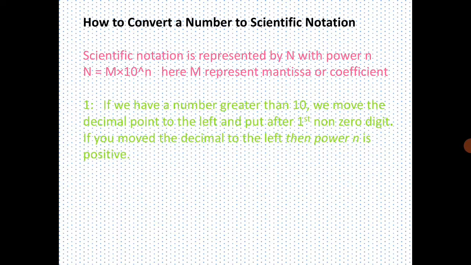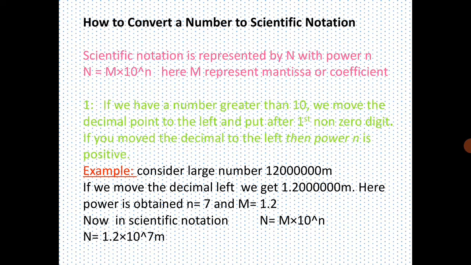If we have a number which is greater than 10, then we move the decimal point to the left and put it after the first non-zero digit. If you move the decimal to the left, then the power is taken as positive. For example, consider a large number. This number contains about 6 zeros. If you move the decimal left and put the decimal after the first non-zero digit 1, the number becomes